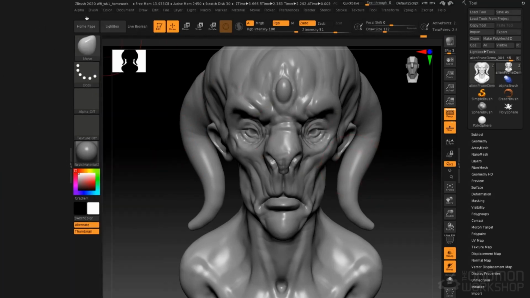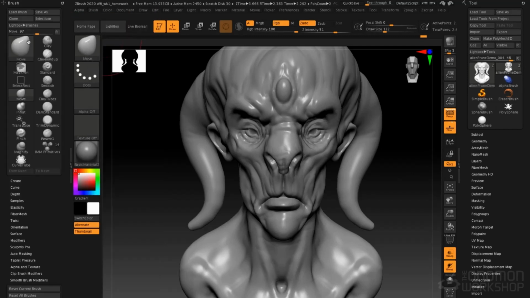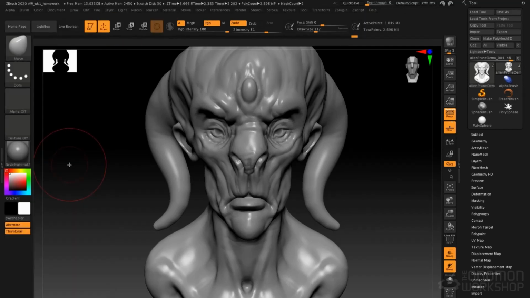Perhaps I'll put the brush menu on the left hand side by clicking and dragging, and that menu is now docked on the left hand side. I can collapse it, and then again, regain more screen real estate. So the right hand dock is where we're going to have our currently active menu that we're going to use the most often. Now moving up to the upper portion of the screen here, the top bar,